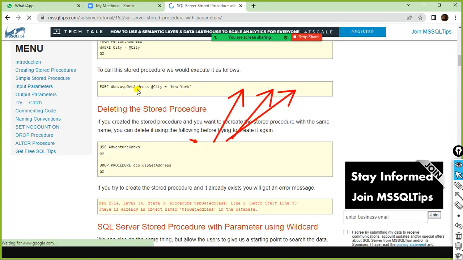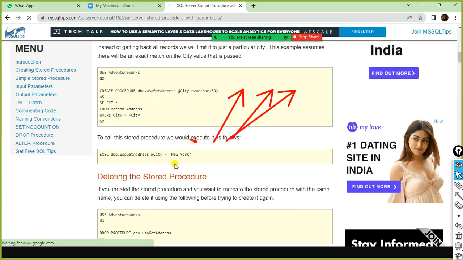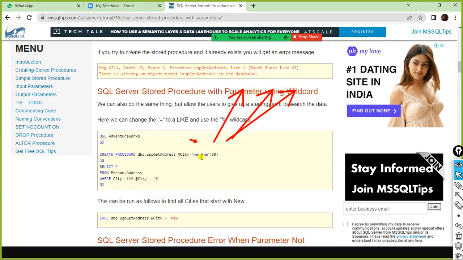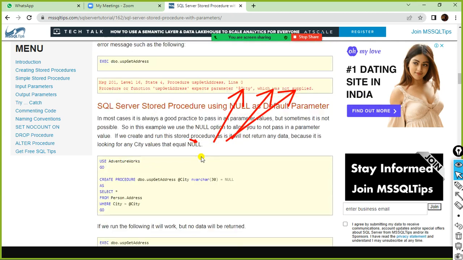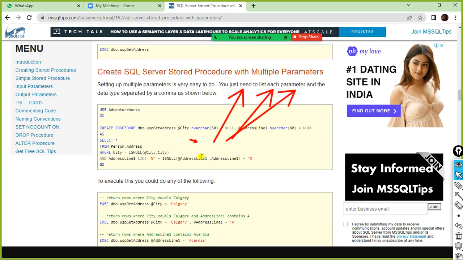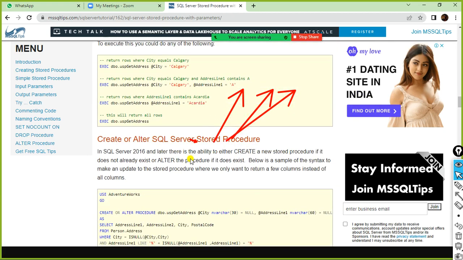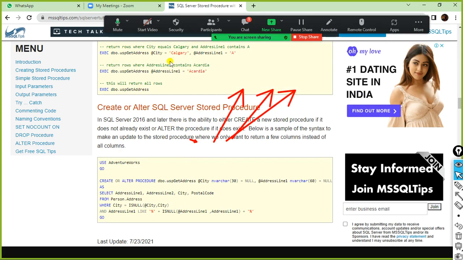Execute this one. This stores the @city equal to New York. Here, this is another way of passing the value. Okay. Here you are taking the @city equal to New York, or else you can directly specify that. And here, if I want to specify more than one, EXECUTE @city, your stored procedure, you can specify the